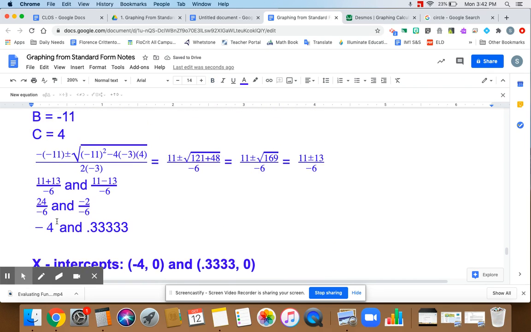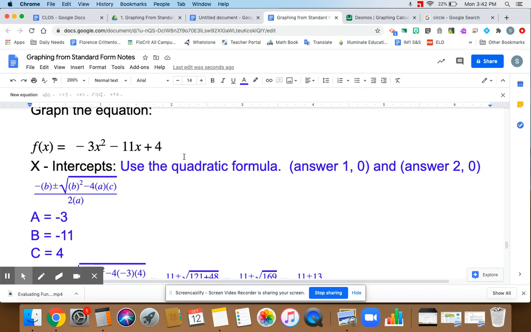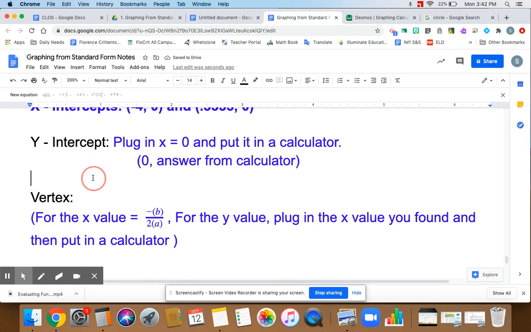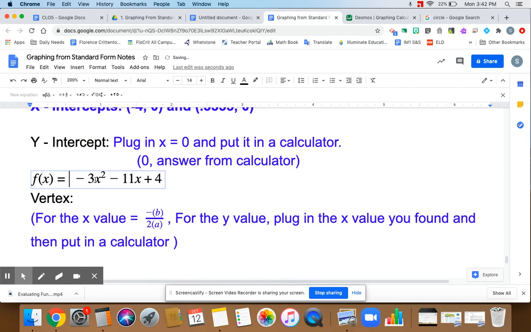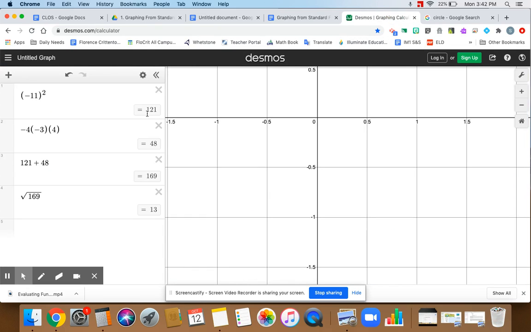So we solve for the x-intercepts using the quadratic formula. For the y-intercept, I need to take the equation and plug in 0. So instead of x, I'm going to put parentheses around it and put a 0 there, and put a 0 there. So if I come into Desmos,